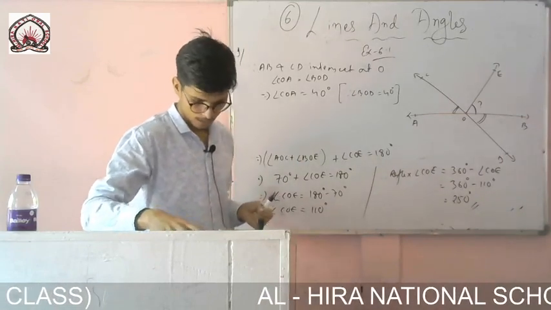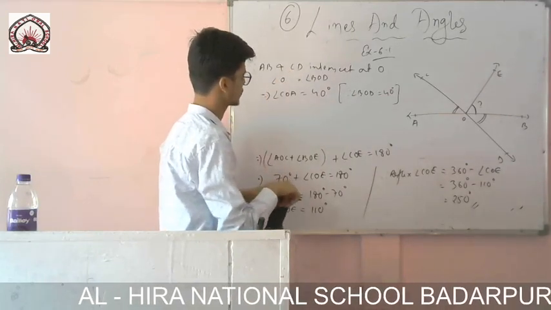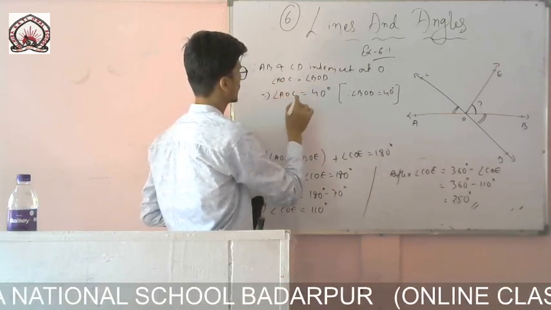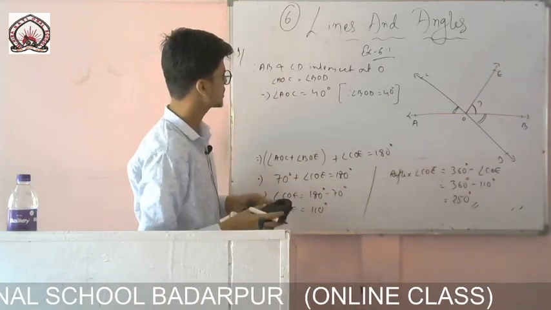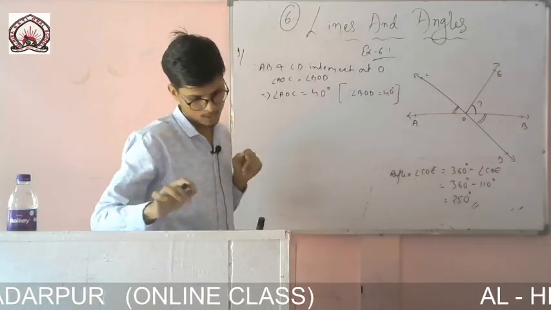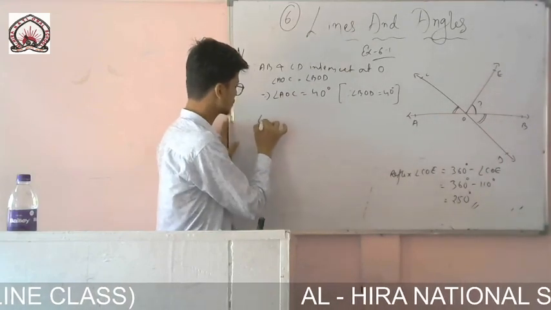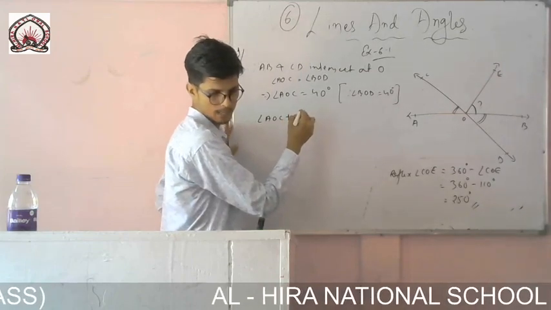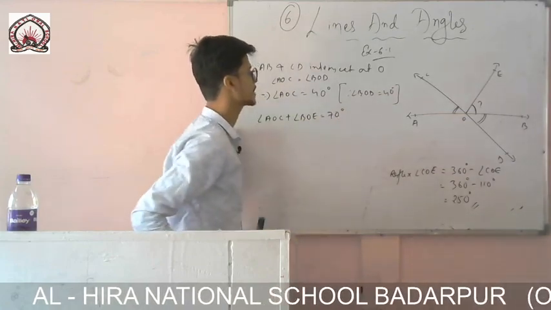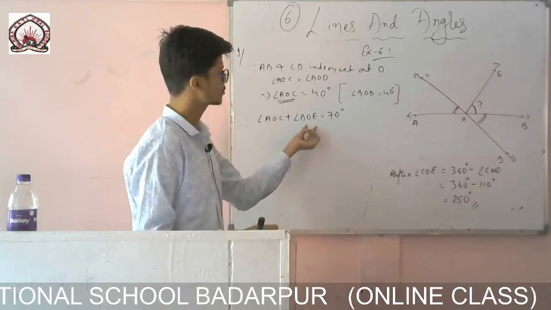COA. Okay, you see one thing, it is given as AOC. You write it like this, so directly I can put it in the first equation to make it AOC. It is the same thing, or else you will get confused. So AOC is equal to 40 degrees. Now you see what is given in the question: angle AOC plus angle BOE is equal to 70 degrees. AOC I know, I will put it there.